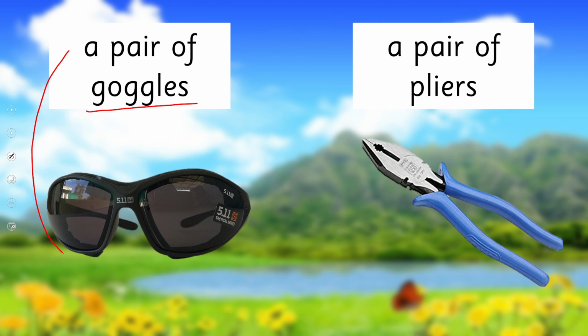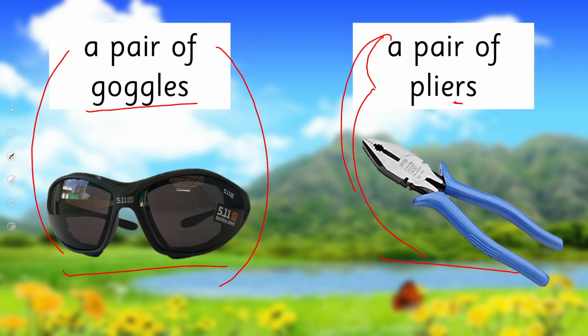Oh, by the way, spectacles and goggles are a special type of customized items which we use for a special purpose. For example, swimming goggles, or when you are riding a bike. So these are used like that. Okay, and a pair of pliers. Pliers. This R is silent. How do we say pliers?